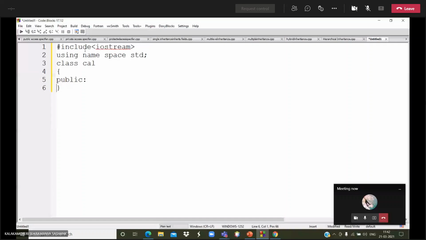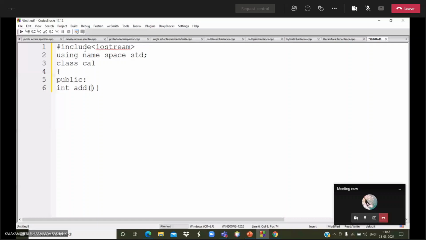I am declaring one function as int add function. I am passing the arguments int a comma int b. I am passing the a comma b arguments in this add function.